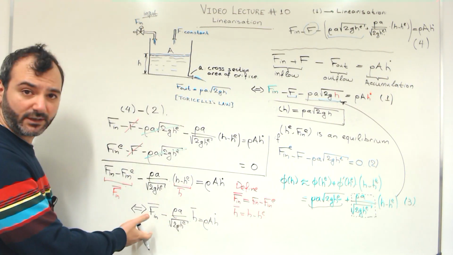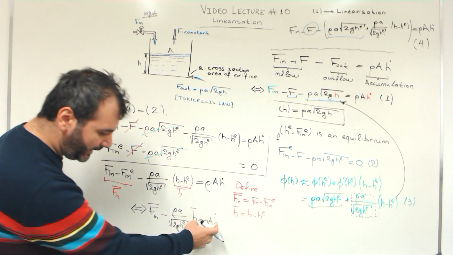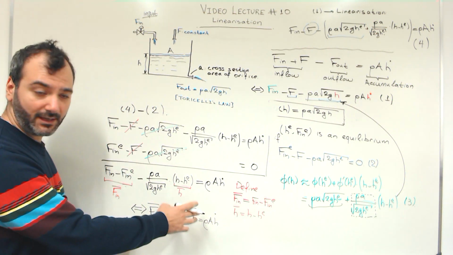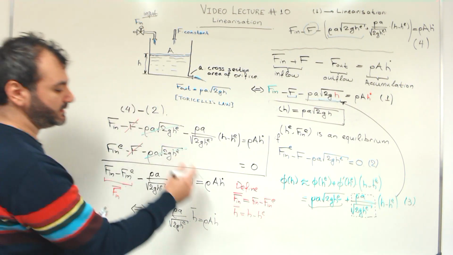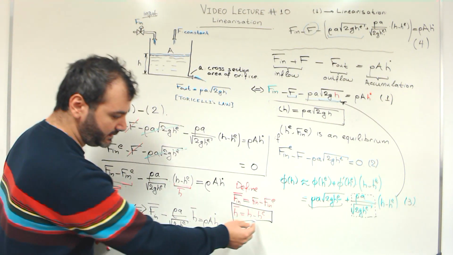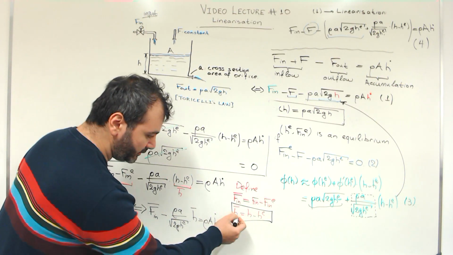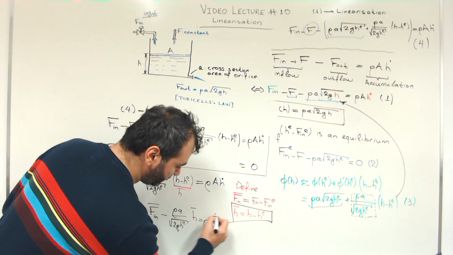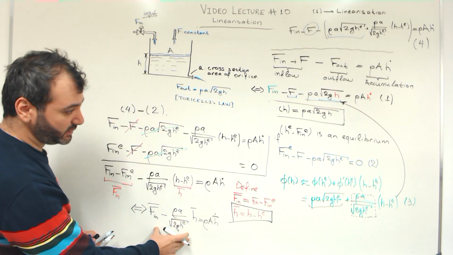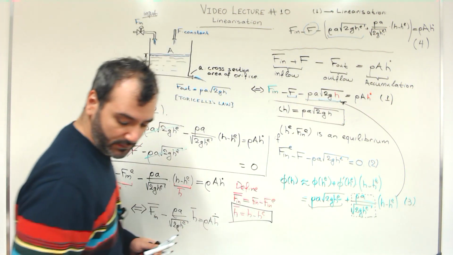And we see here that we have an equation that involves f in bar, h bar, but we have h dot here. We have the derivative of h, not the derivative of h bar. But we mentioned in the last lecture that since h bar is defined like that, if we differentiate both sides, since h e is nothing but a constant, then the derivative of h is equal to the derivative of h bar. So I can simply put a derivative here, and this is the linearized variant, the linear approximation of the original differential equation, which is equation number 1. So I can write it